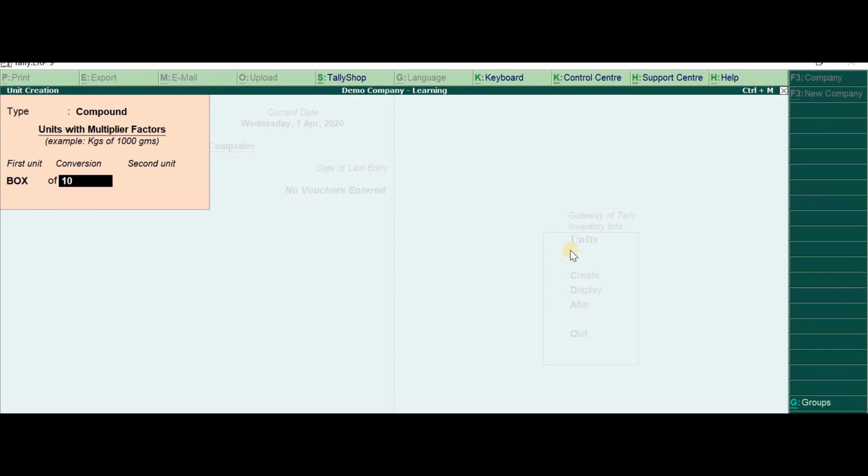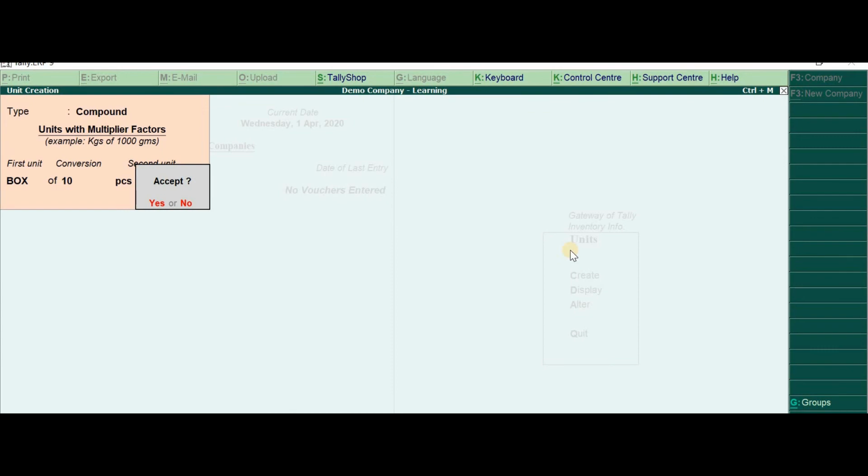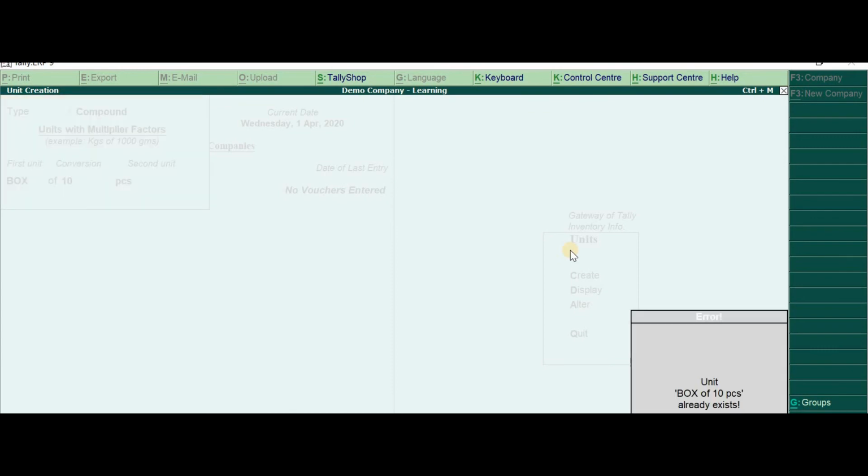Suppose if you want in your organization it is 12 pieces, then you can type 12 pieces. But we will take 10 pieces only. Press enter and you will accept. Once you accept, it will be created. Because I have already created, it is showing this.